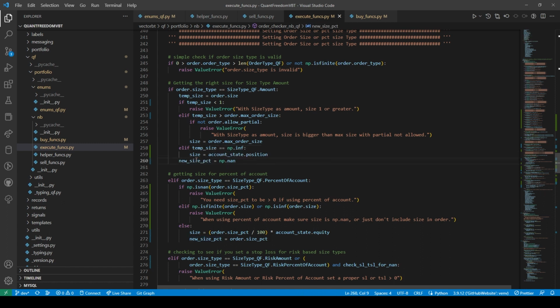And then this should be here. So if we have the amount, then we have the, okay, so we have temp size as less than 1, then we have a raise an issue. If allow partial, I don't know what this means. Size is order max order size, and then if it's infinite, then we just put the size equals account state position, and then if we make it all the way through here, which we'd make it all the way down to here,